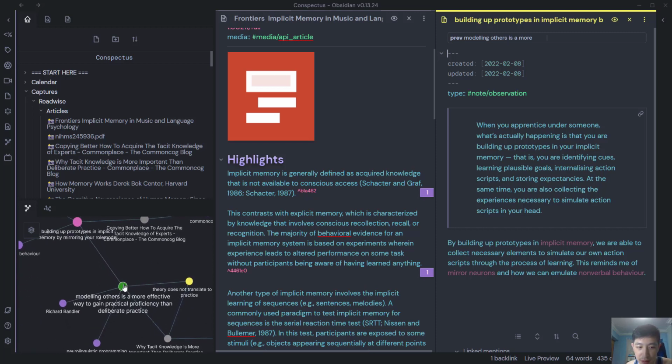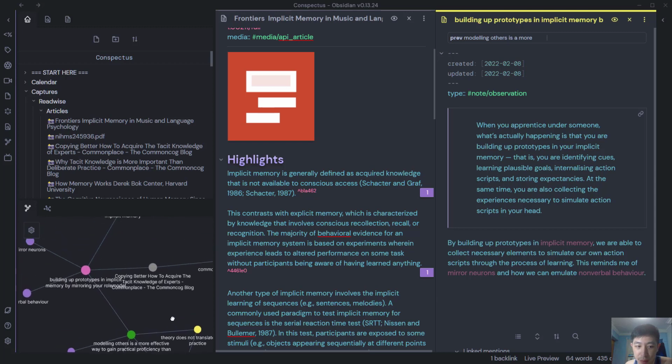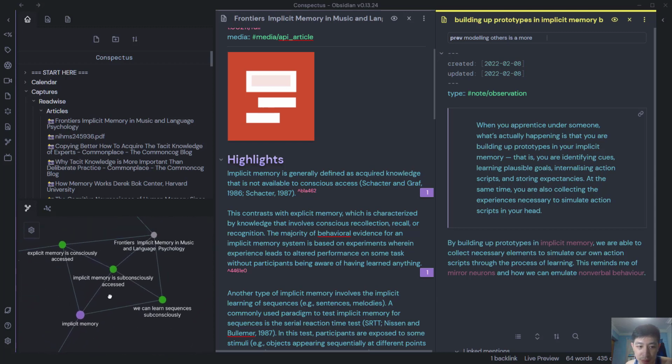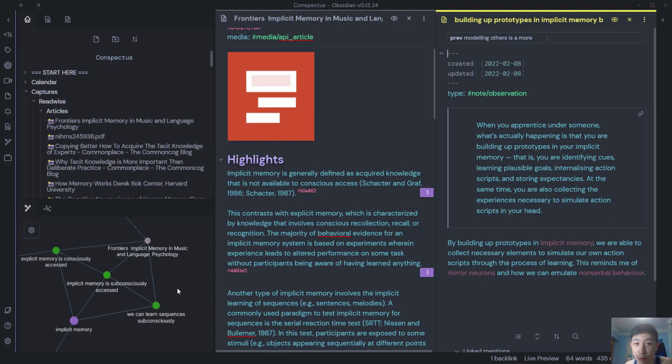And modeling others is a more effective way to gain practical proficiency. You can see kind of a link that's forming right there. And this is only possible if you go 1, 2, 3 or 4 levels deep. It's not sufficient to have just 1 level deep, which is where I think a lot of this simple hyperlinking, wiki-link level kind of thing